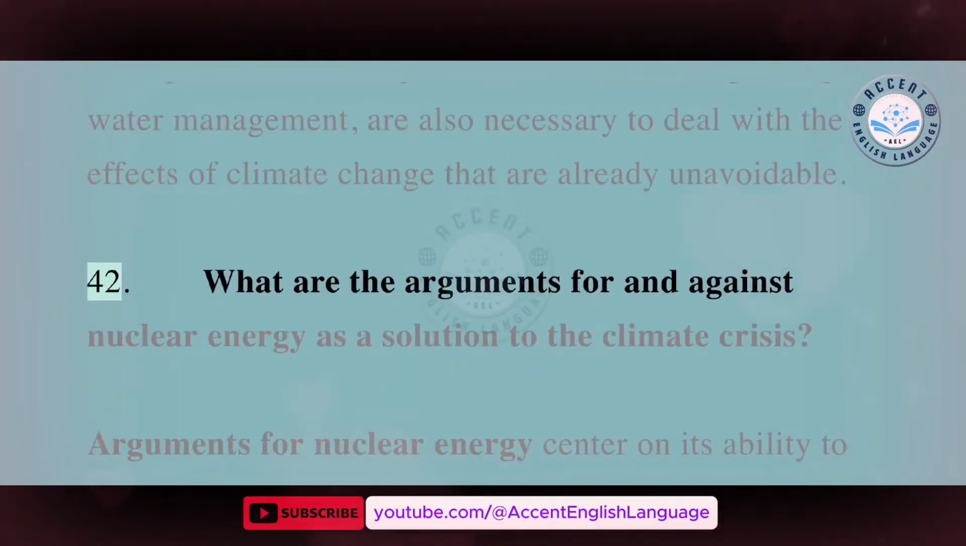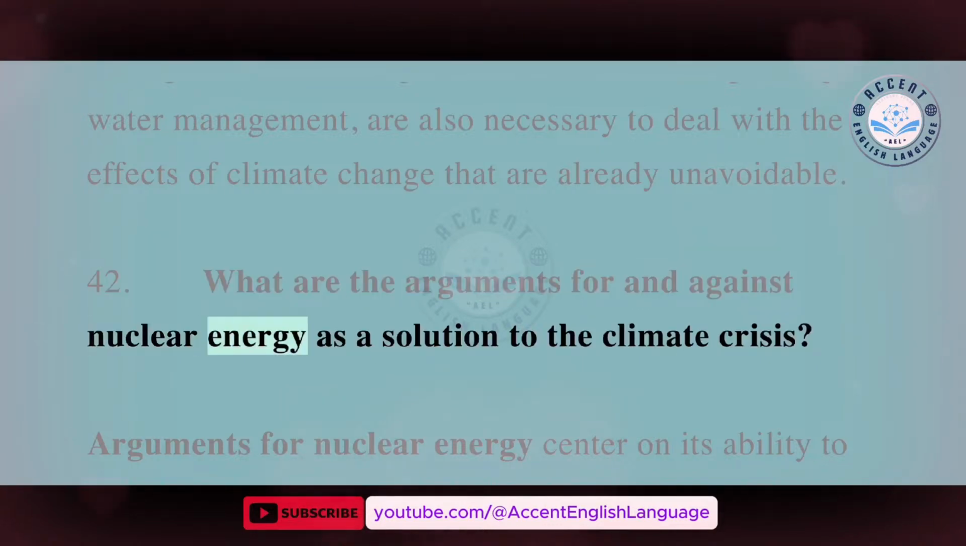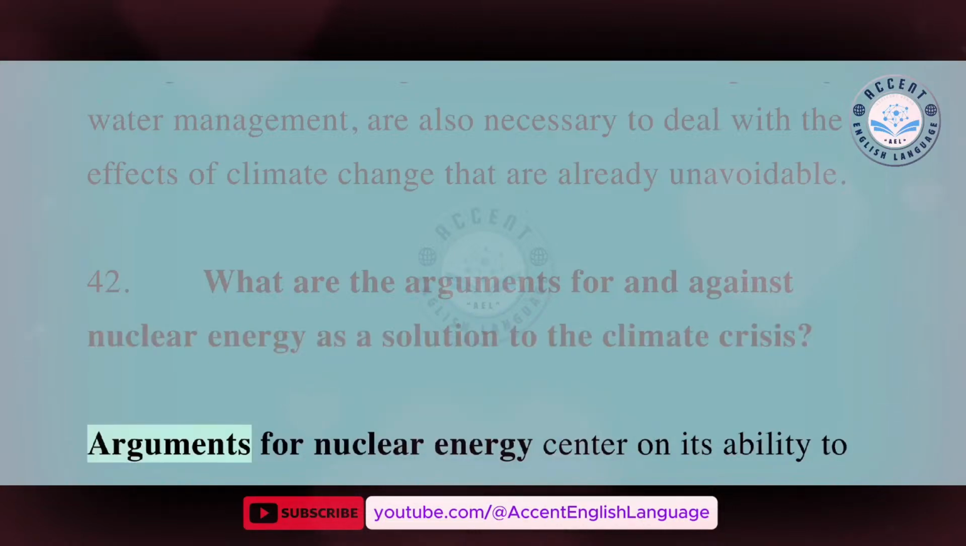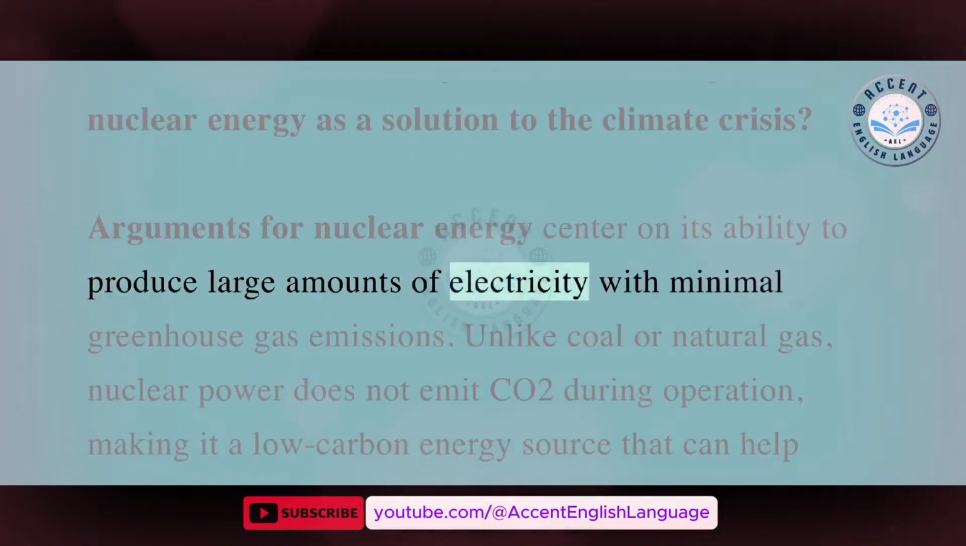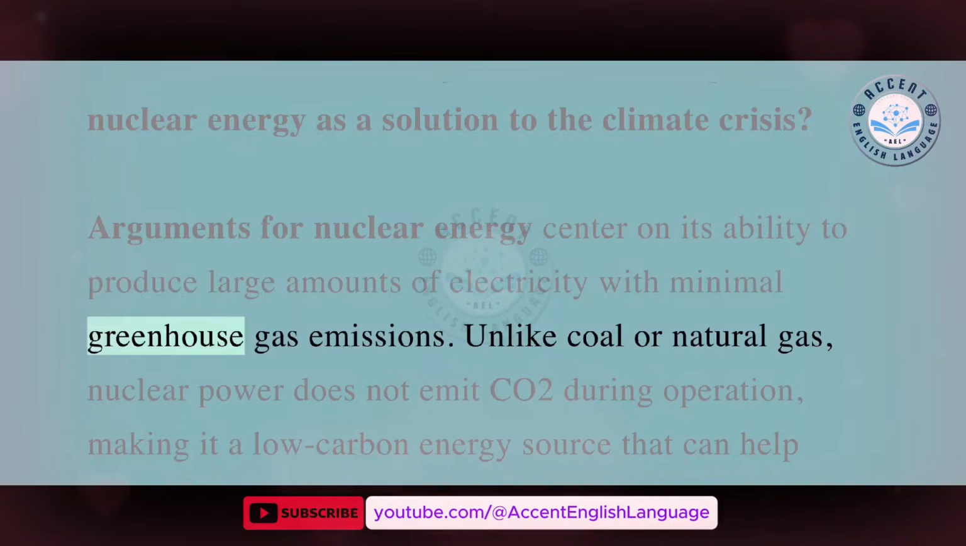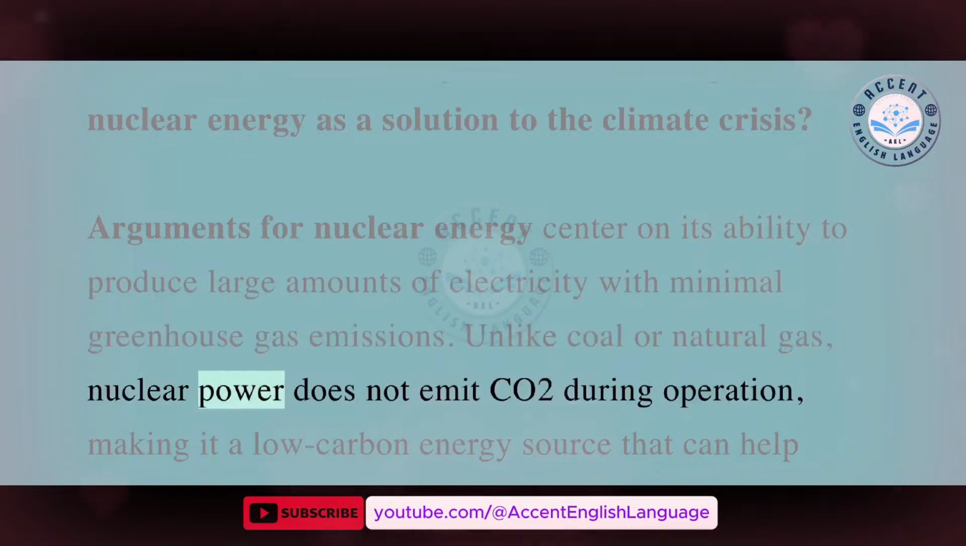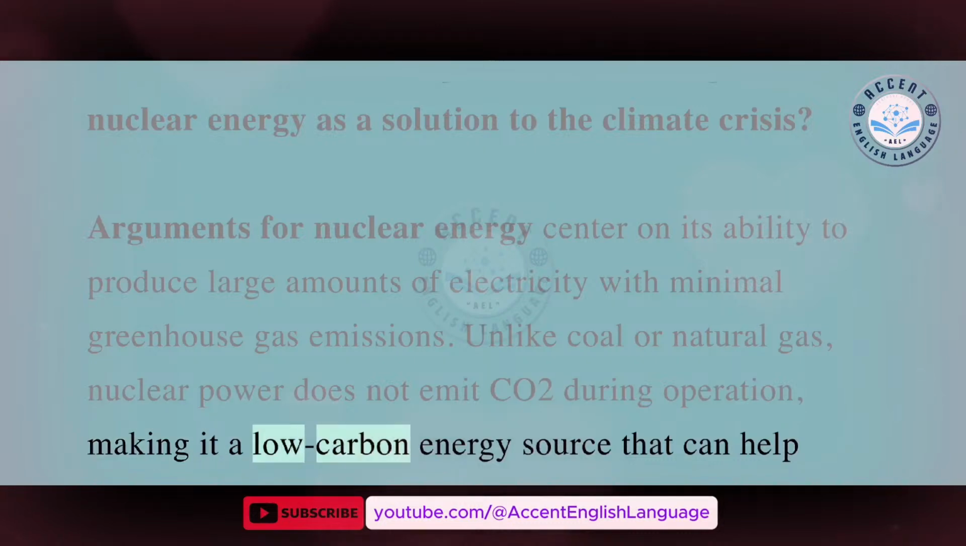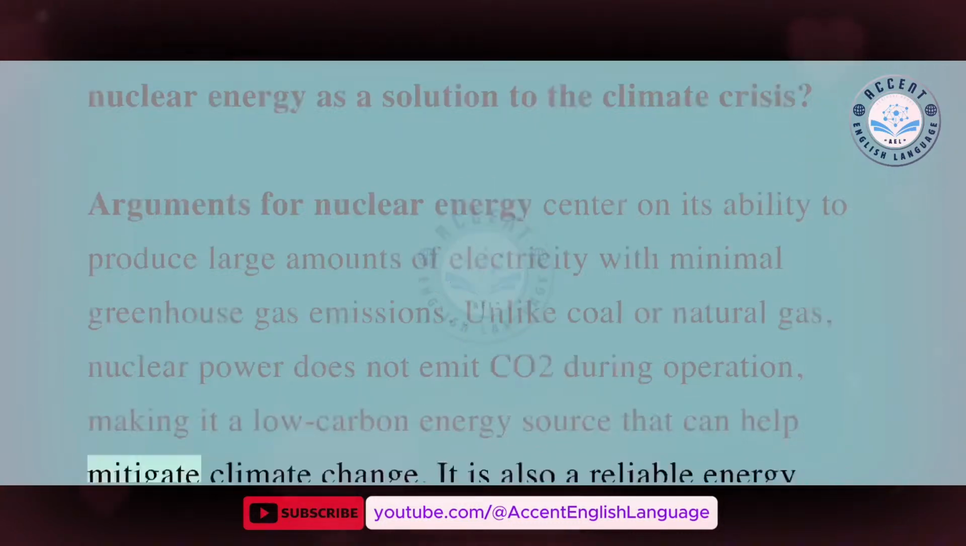42. What are the arguments for and against nuclear energy as a solution to the climate crisis? Arguments for nuclear energy center on its ability to produce large amounts of electricity with minimal greenhouse gas emissions. Unlike coal or natural gas, nuclear power does not emit CO2 during operation, making it a low-carbon energy source that can help mitigate climate